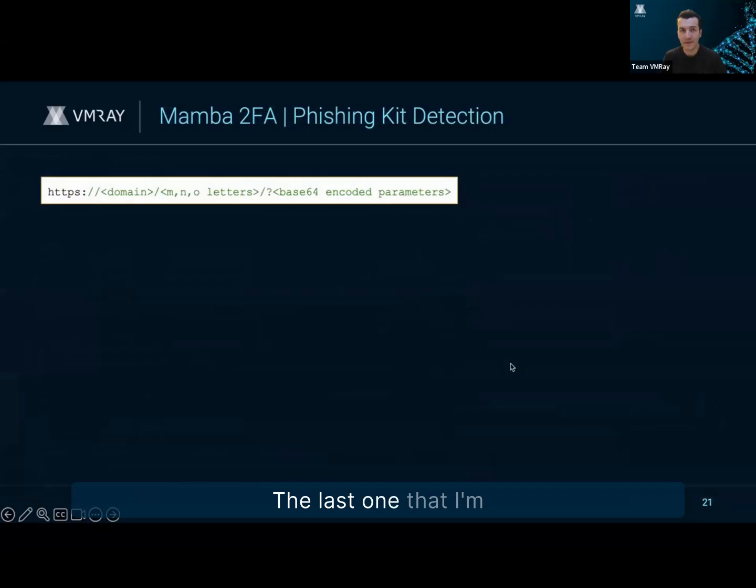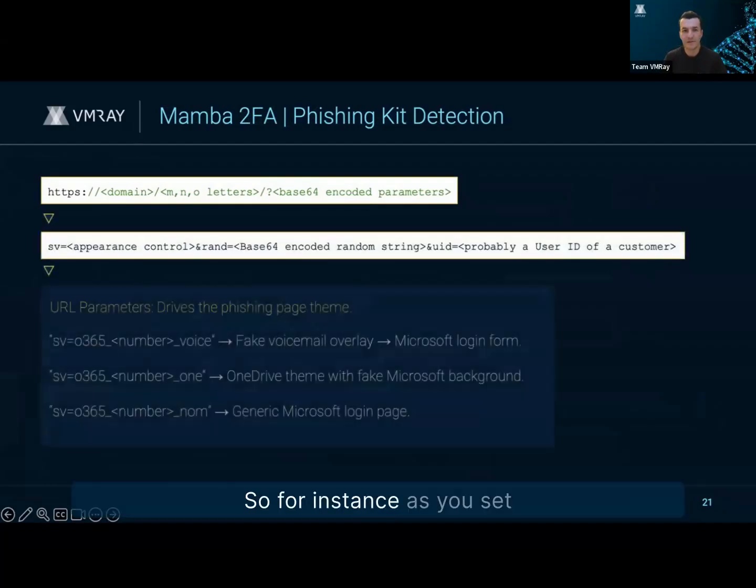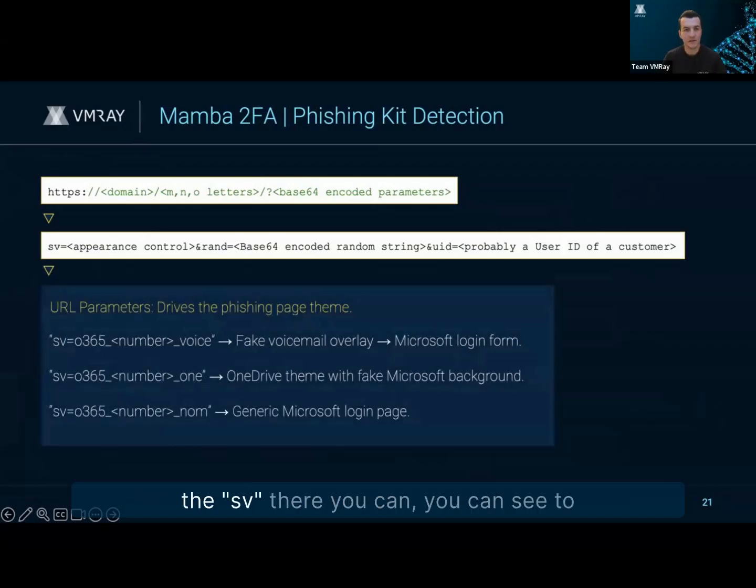Last one that I'm going to mention will be around Mamba2FA, which again dynamically changes its theme based on a URL parameter. So, for instance, as you set the SV there, you can see actually to voice, you see a fake voicemail overlay,